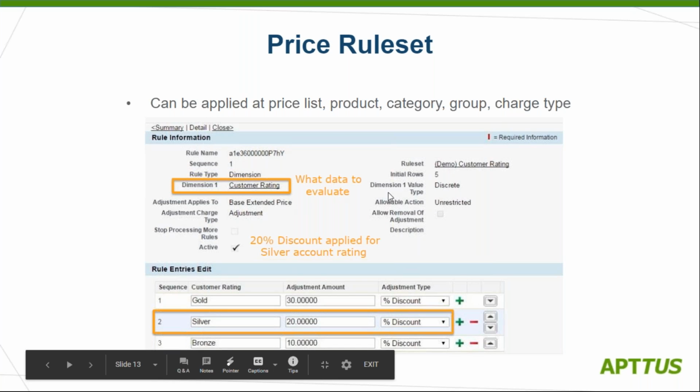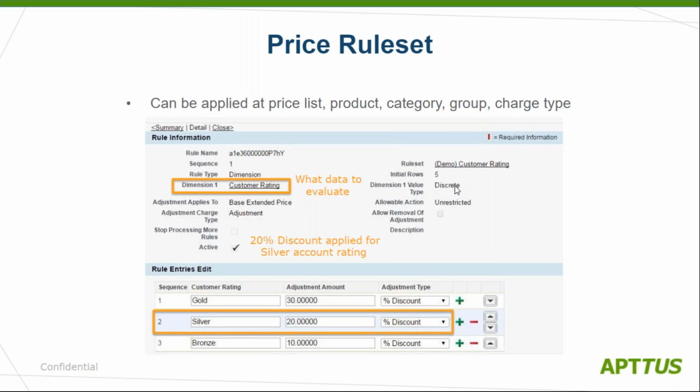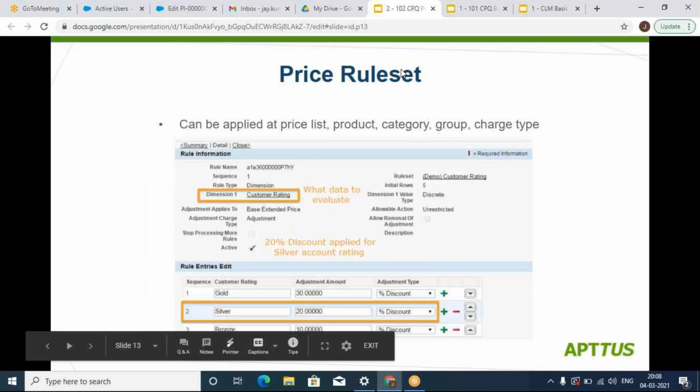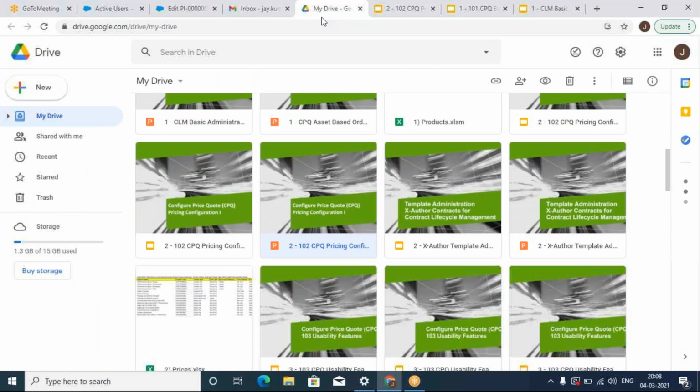The value type for the customer rating, we will choose discrete, because we are specifying some values. Here we are specifying that if the customer rating is gold, we are giving 30% discount. If it is silver, 20, and if it is bronze, then it will be 10. Now if we see the customer rating price dimension,